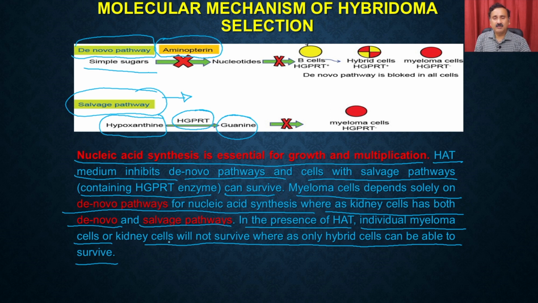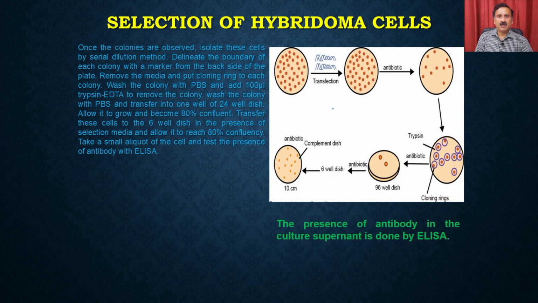Now, once you have got the hybridomas, you have to screen the hybridomas for the production of the monoclonal antibodies. So how are you going to do that? You are going to do serial dilution, and that's how you are going to get the individual hybridomas, and then you are going to use the selection circles, and collect these individual hybridomas with the help of trypsinization. These individual hybridomas can then be subcultured, and it will give you the complete dish, and that can be used for the harvesting of the antibodies.